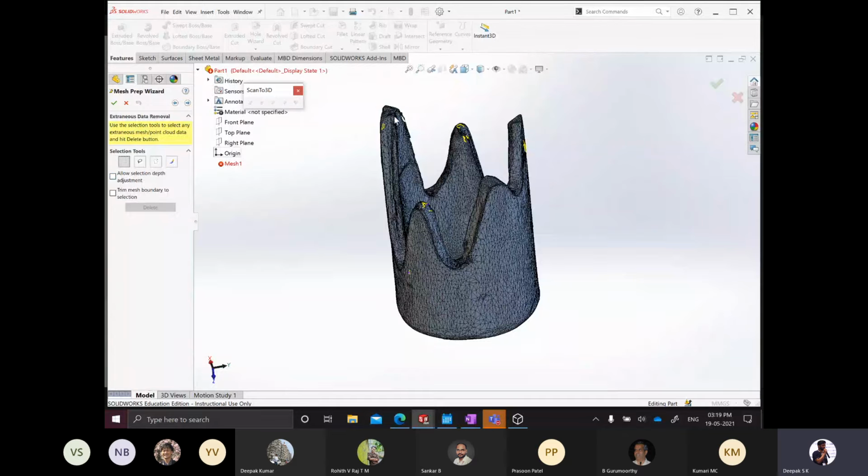You see that there are many points here, and there may be some extra points which are so minute, or so associated with the model, that they could not be deleted in the previous stage. So here, what you try to do is select particular cloud points and then delete them manually. This is how I got from here to the surface model that I showed you in the other tab.